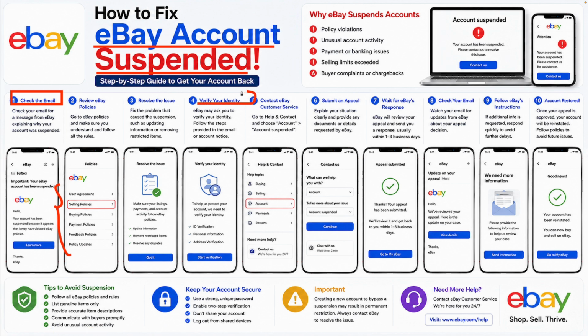Then eBay may ask you to verify your identity. Simply go ahead and click on learn more on the email that is going to be sent to you and start your verification process. If that is not the case, you might need to simply go ahead and visit